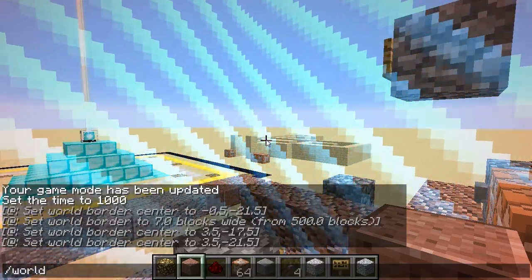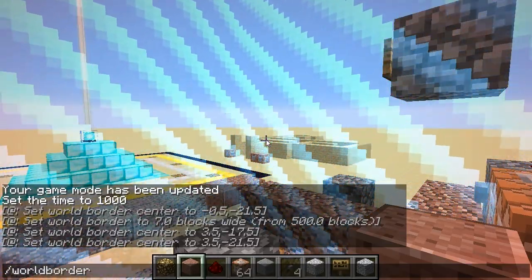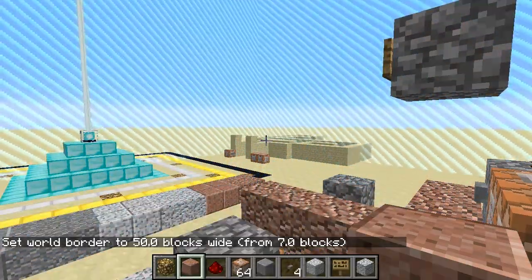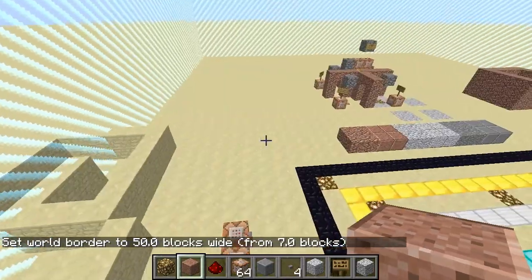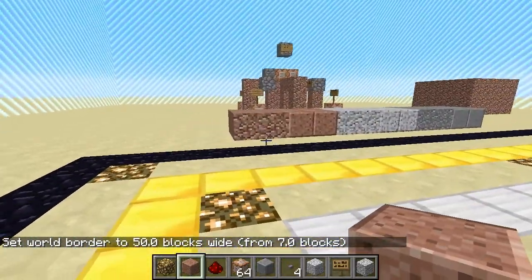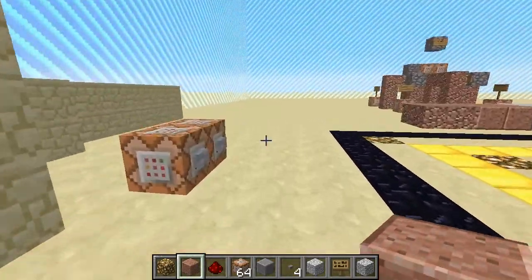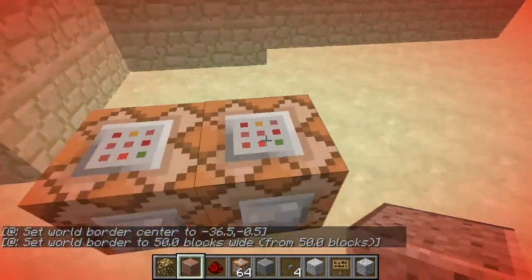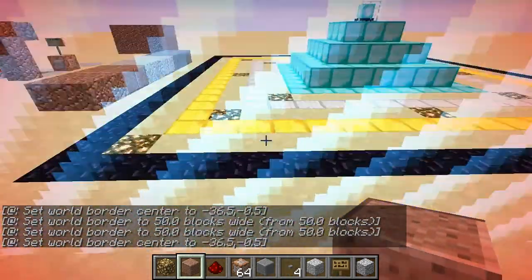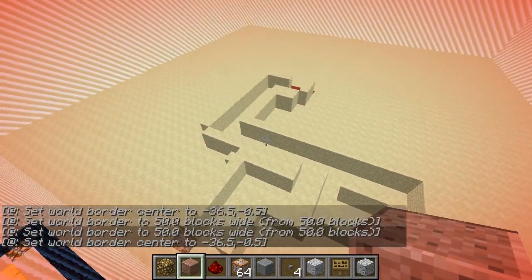So I have one more thing to show you, and this also has to do with the world borders. World border 50. So here I have a little maze. This is a nice little thing, or I don't want to say game mode, but set to 50. Okay, so it's not necessarily a game mode, but